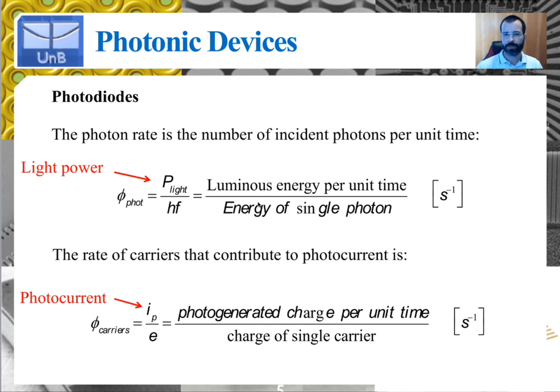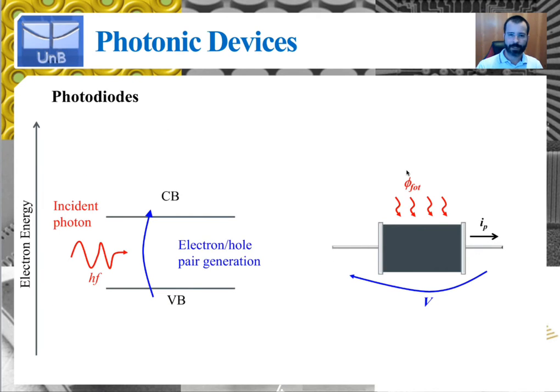So usually the information that we have associated with a light beam is the power of the light beam. So you have a given optical power, let's call this P light, that we want to know. We want to find out the amount of power, which is in watts, which is impinging on the